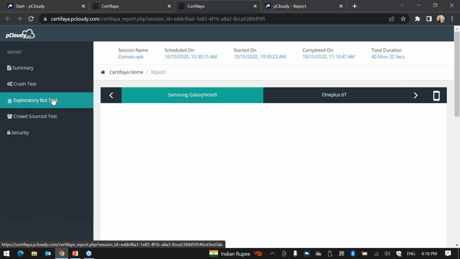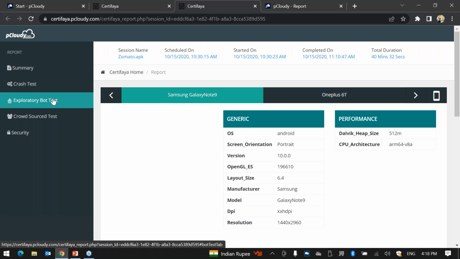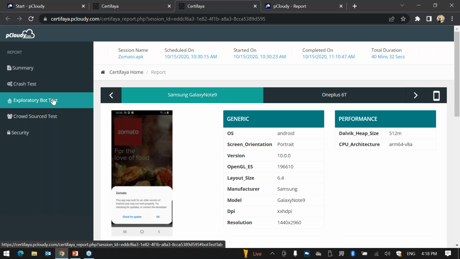When we talk about the exploratory bot, this is exactly how a human does testing, right? So you're basically training a bot here. You are providing the application category, and then also saying that there is some data that needs to be input, right? It could be in the form of username or password and so on. Though you cannot have complete control, to an extent you can make the bot learn about the scenarios, right? And you can simply perform the test.